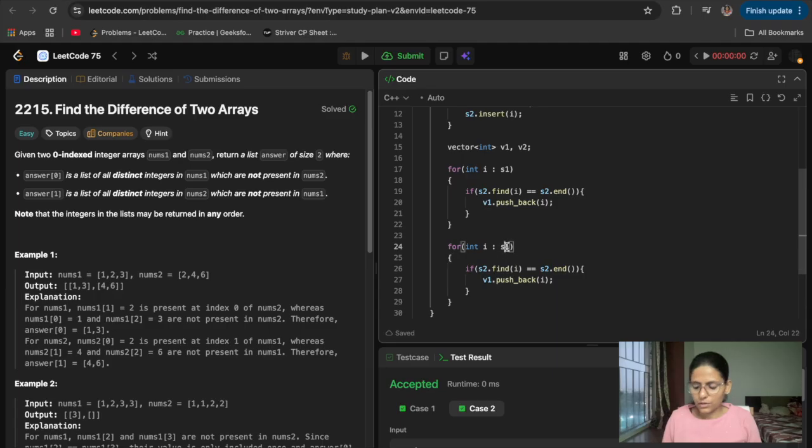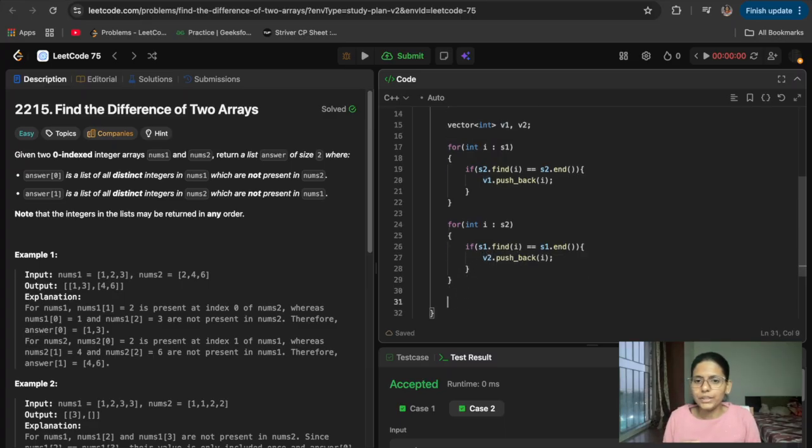We'll take a number from set 2 and check if that number is present in yes1 or not. If yes1.find(i) doesn't find that number, we go till the end, and we push that number in vector 2. And we're done here, and we will return the answers v1 and v2.